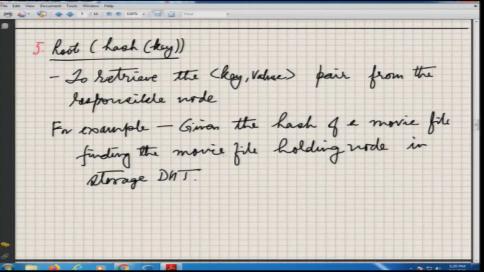Okay. We can actually use it for DFS, we can use it for identifying a service. So, for example, you want to find out the lecture for P2P MOOC. So, you can say P2P MOOC by YN Singh, put it as a key, compute the hash, find out the root node, and then there it will be giving you an index from which place I will be able to download my lectures.